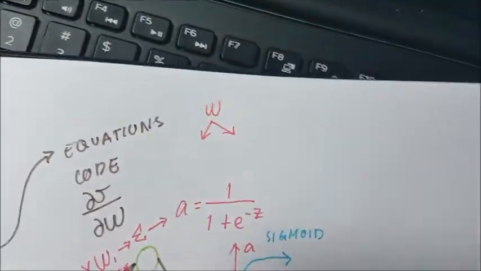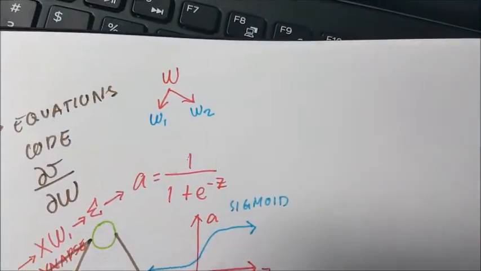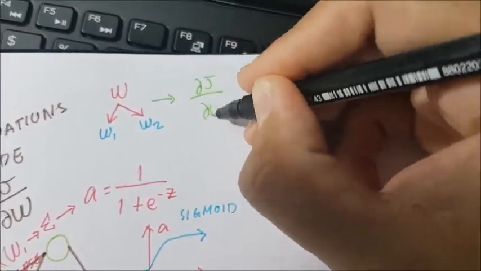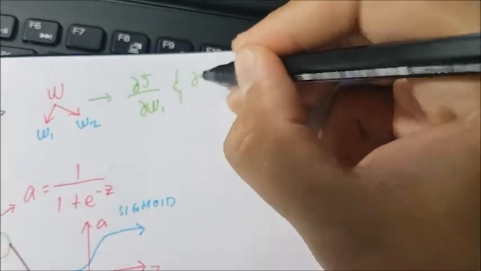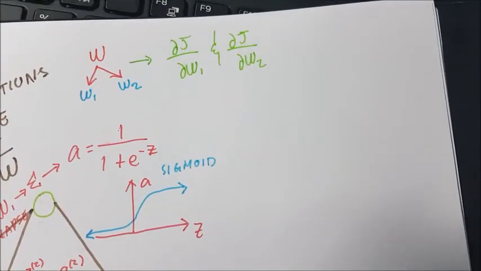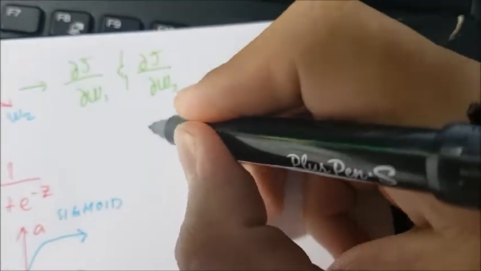Now our weight is divided into two parts, namely W1 and W2, and so we perform partial derivative of J separately on both W1 and W2. It is important to note that our gradient values matrix must have the same size as our weight values matrix. By substituting our actual cost function into the equation and performing partial derivative, we are able to get the partial